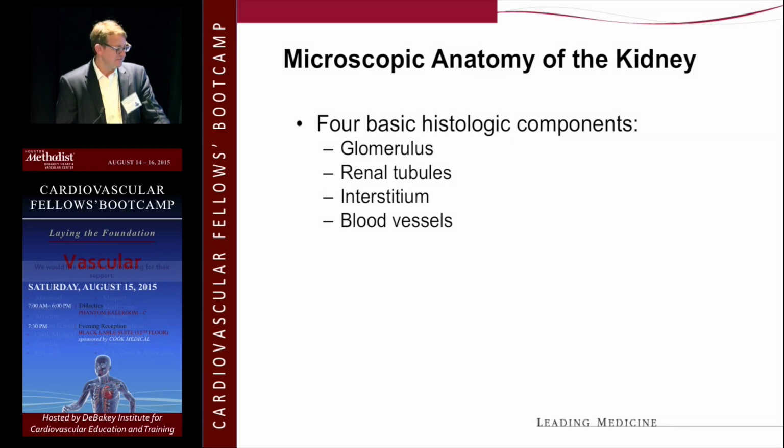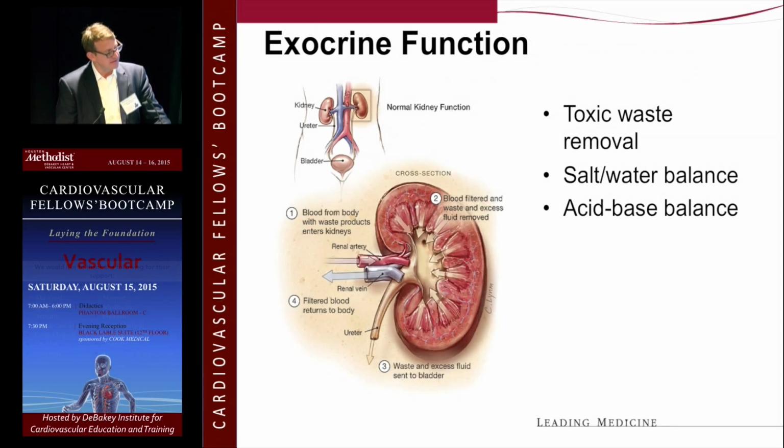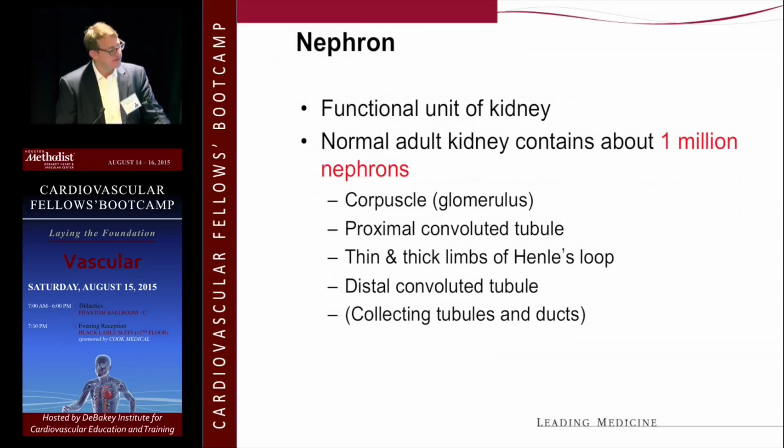Really, there are 4 components of the filtering system of the kidney, and I'm going to talk about 2 functions of the kidney. It obviously has an exocrine function and an endocrine function. So the exocrine function is removal of waste, salt-water balance, acid-base balance, and the key unit that does that is the nephron,